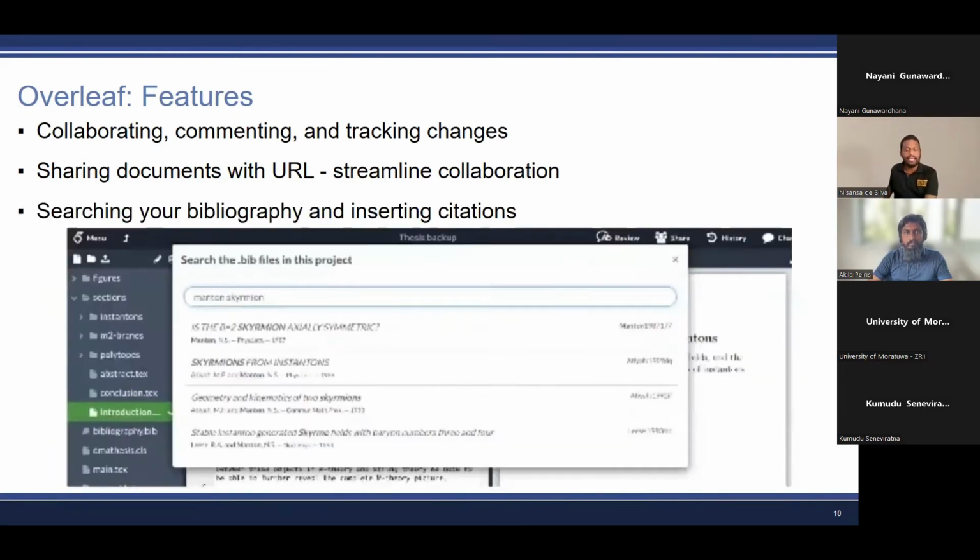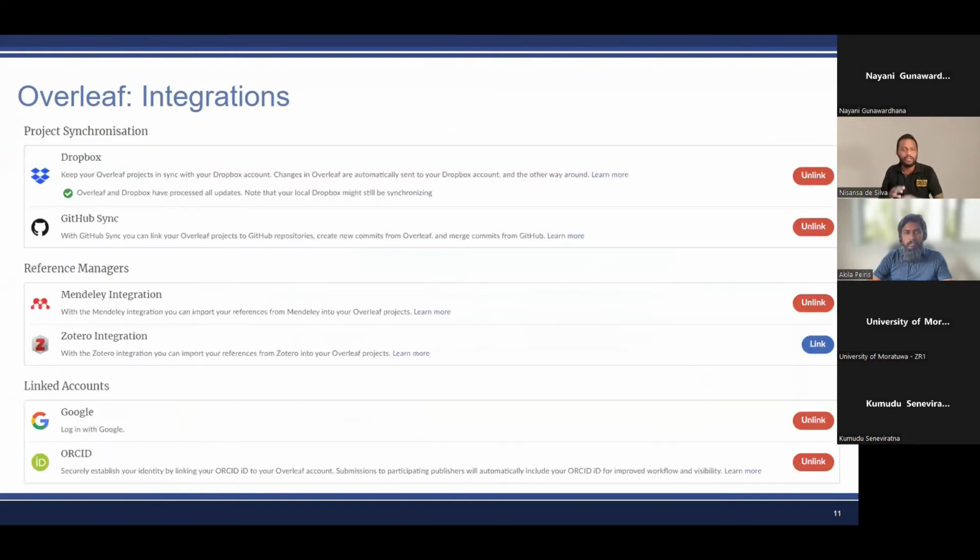Now, adding other documents, adding other files, is streamlined within Overleaf as well. Very quickly, something else that I would like to mention is that there are integrations. So I mentioned earlier, you can have Dropbox and so on to make sure that your document versions are seamless.